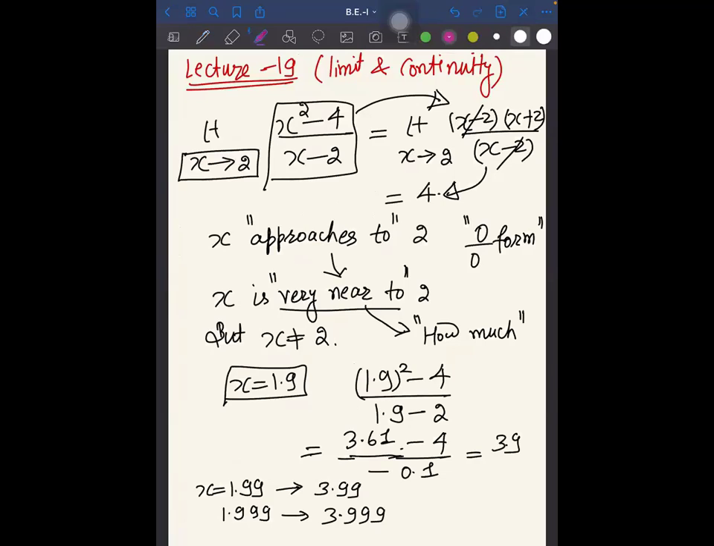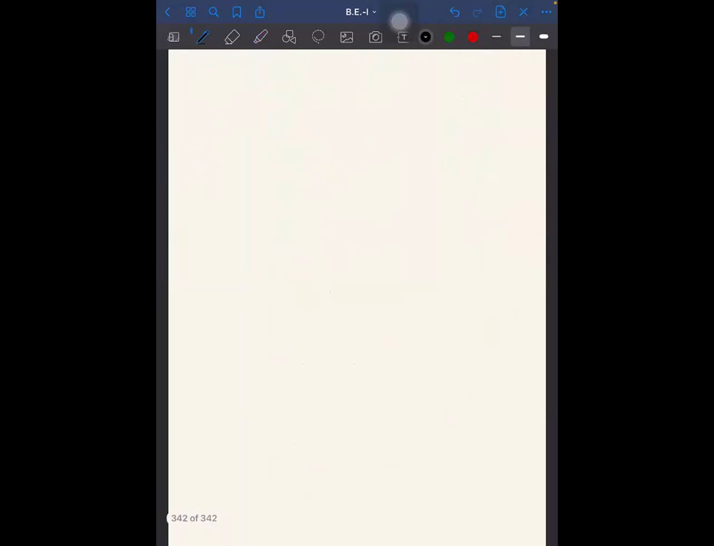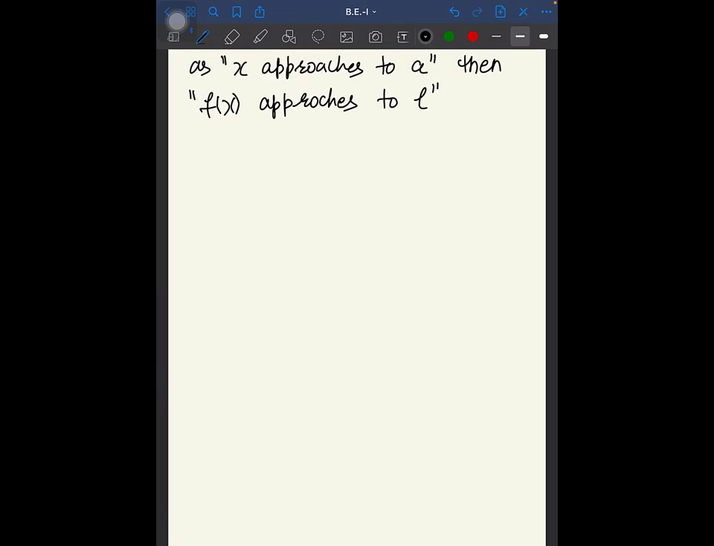So, there were a few vague things: how near, approaches, how much. These words were all vague, right? In order to get a concrete definition, we say that as x approaches, let's say a, if we are taking the limit at a, then f of x. So essentially this means that